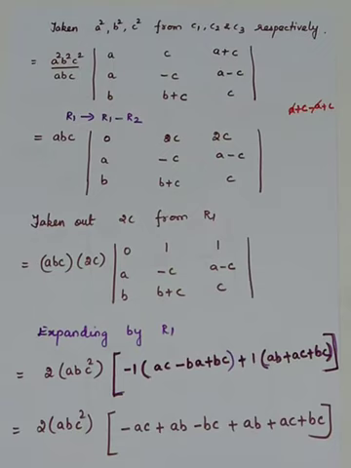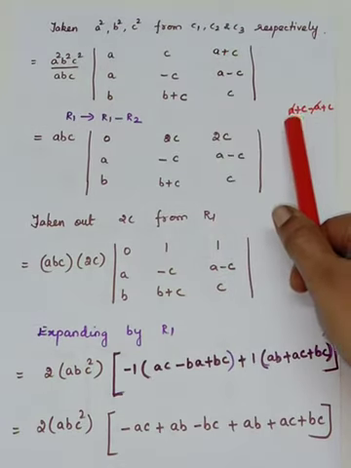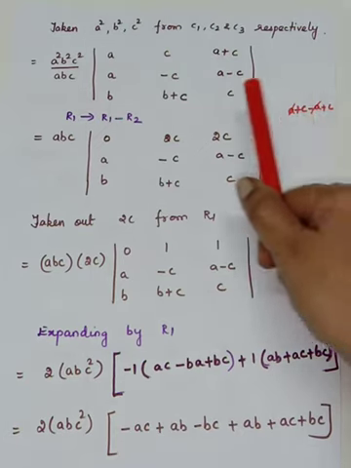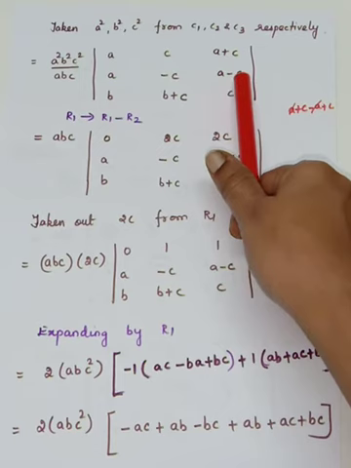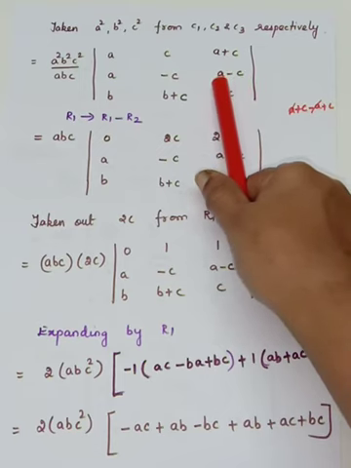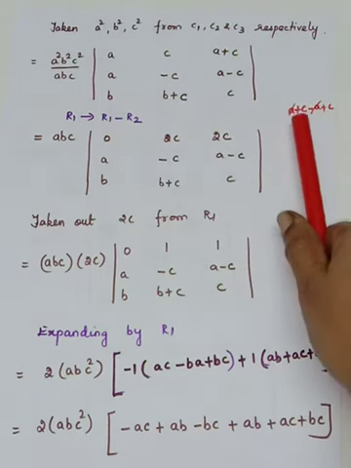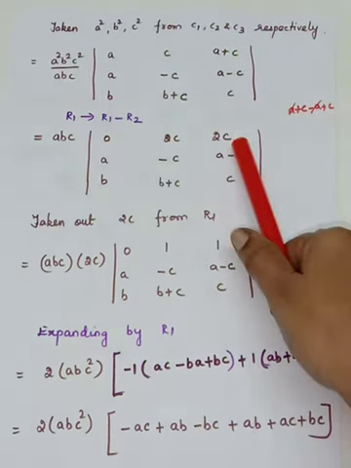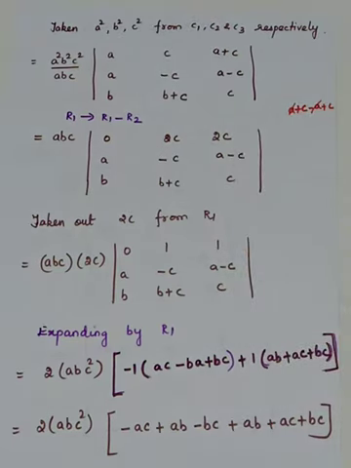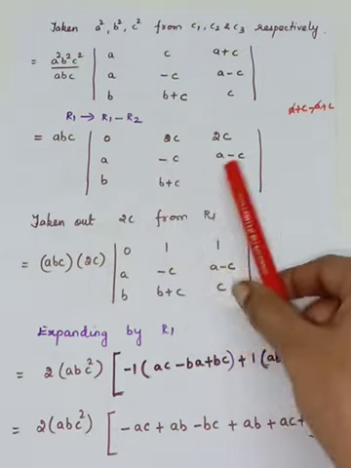Okay, see now, again I will repeat. The first element is A plus C. And in between you are having minus. This minus has to be given to both the elements. So it is minus A and minus of minus C, that is plus C. And plus A minus A get cancelled. You will have C plus C, that is 2C. Okay, so you look at your R1. I didn't change the remaining rows. So R2 and R3 are kept as they are.